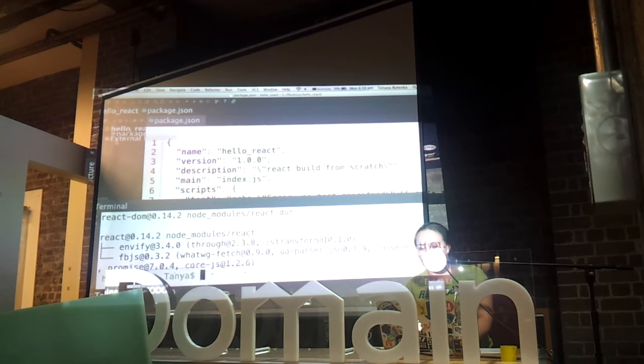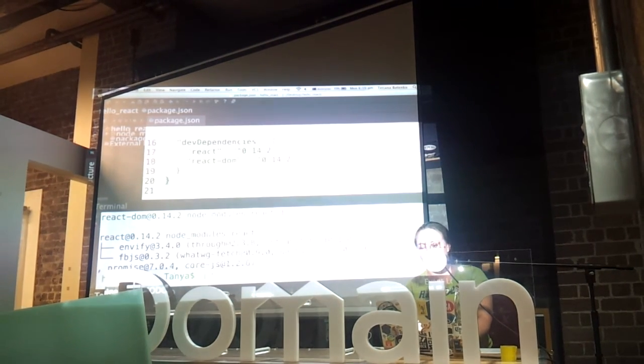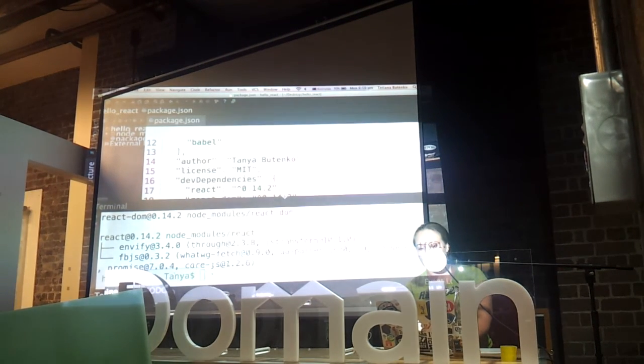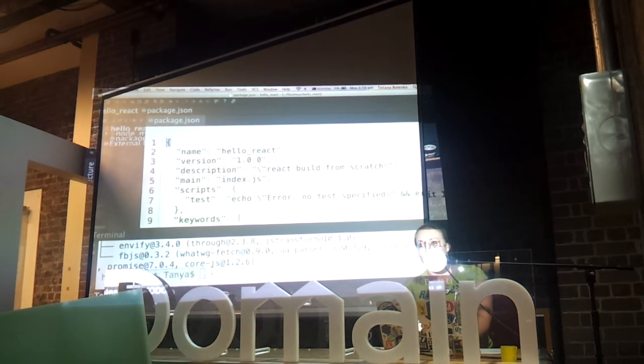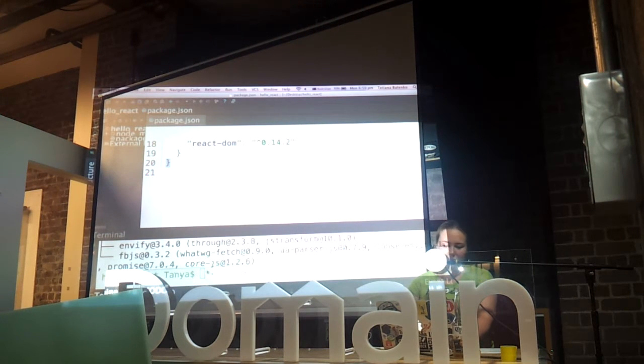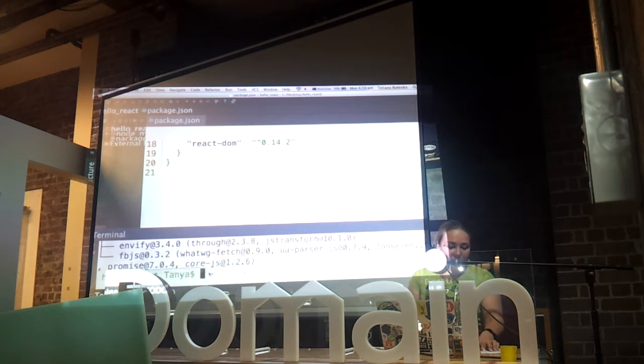Okay, and at the same time, if we update our file, mine is not really updating properly. If we update the file, we will see react and react-dom. So now it's in this package.json file. And actually, I should have saved it as dependencies, not dev. But it's okay, I think it will still work. Okay, so the next step,